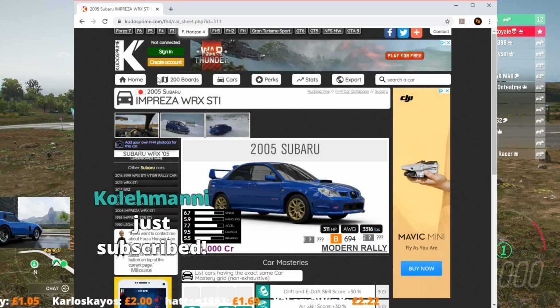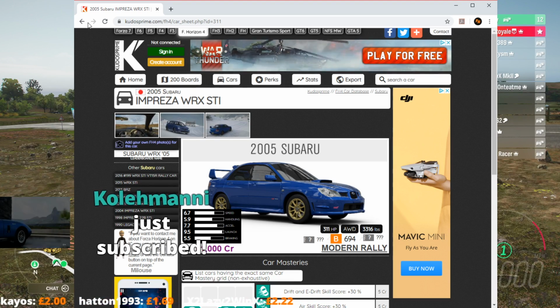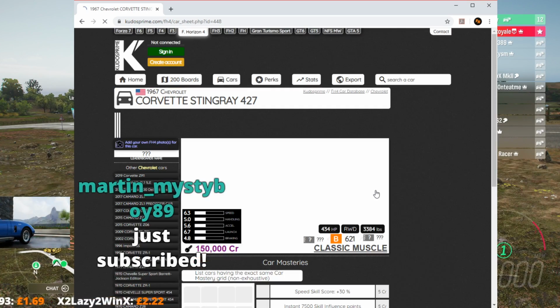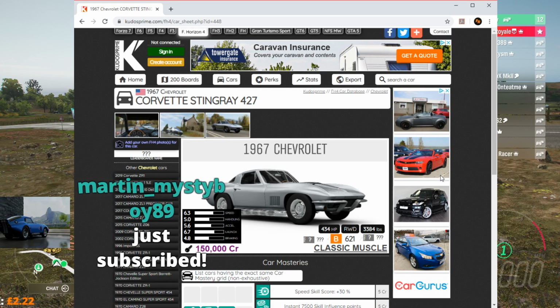Ollie, let's go and see what you're driving. That's just the same car. Kudos, you can't give the same car away twice in a row. We don't accept that. He's the first duplicate we've seen. Ollie, you are driving a Corvette Stingray. I wouldn't say it's not the worst. It is...